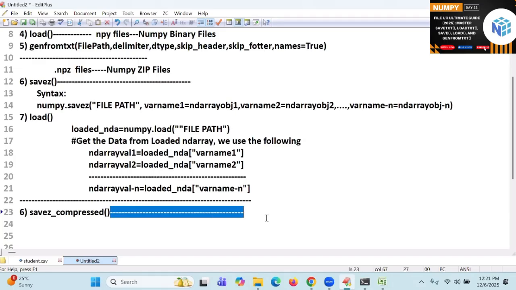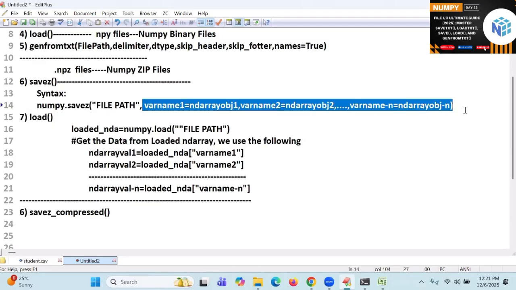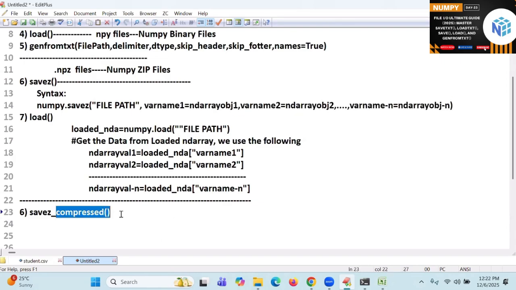Sir, what is the difference between savez and compressed? This is on the disk. These variable names are available freely. When I use compressed, definitely some less memory space is used, compared to the normal savez file. So what is the syntax?